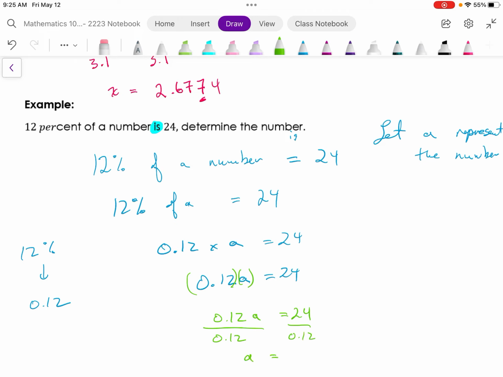So A is equal to 200. Hey, that makes sense, because 12% of 100 is 12. So 12% of 200 is 24. And there we